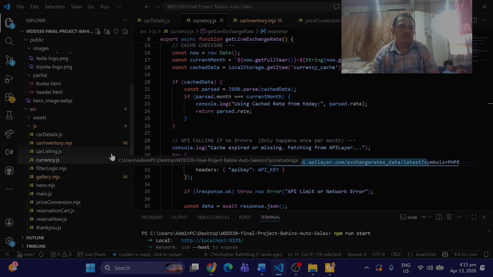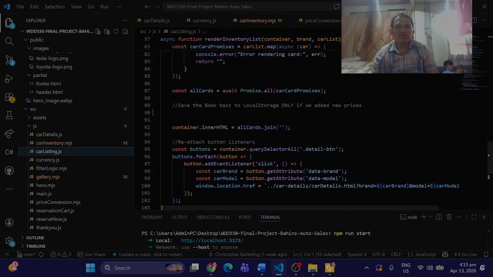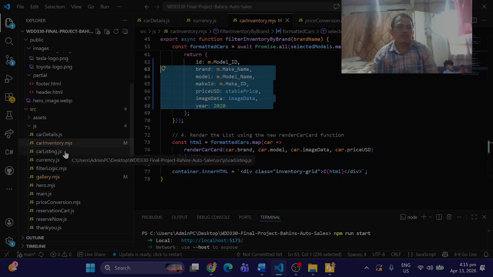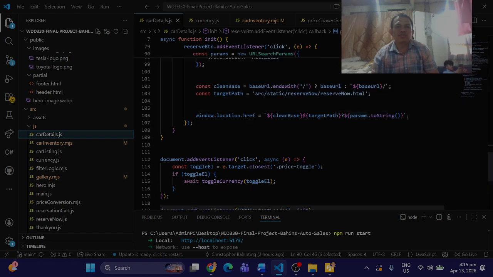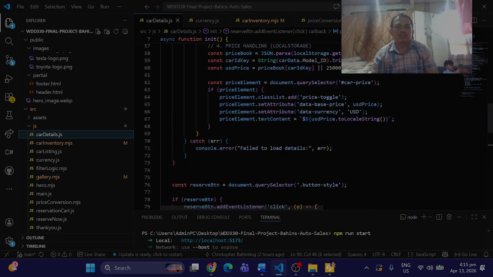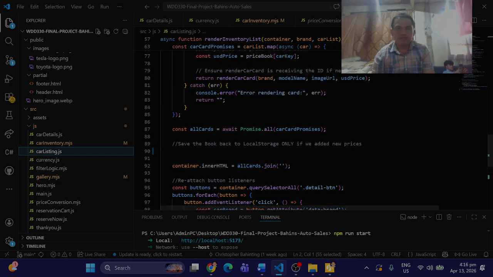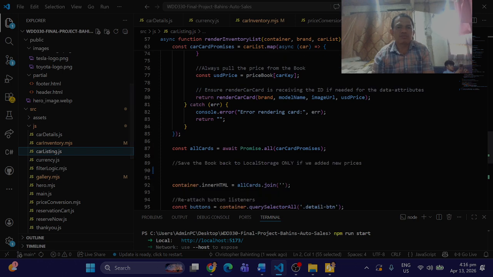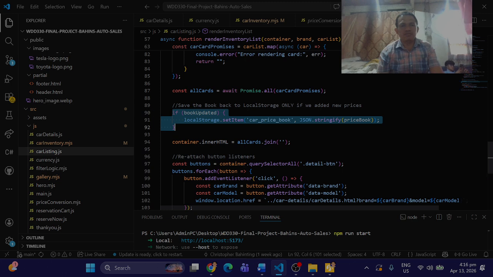So in the car listing page, then set to car details, these params, then set to local storage, this one, and this one.